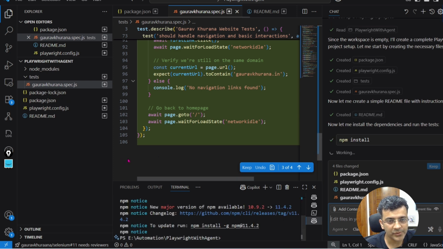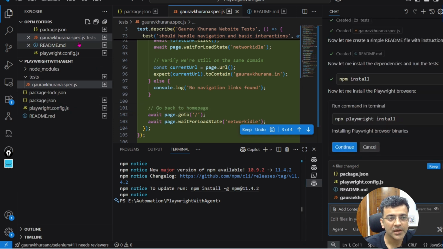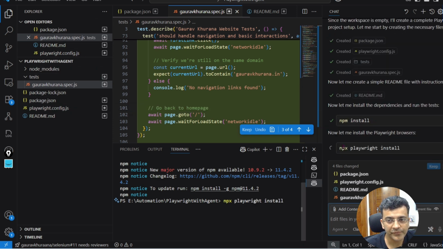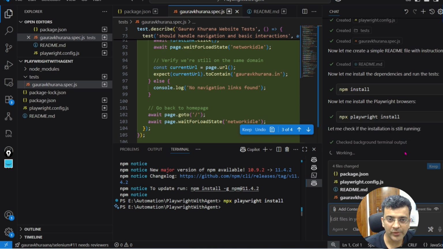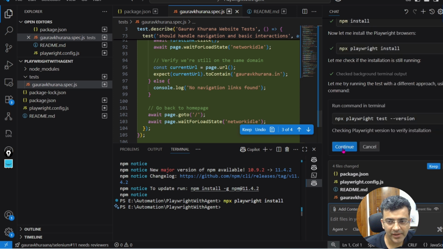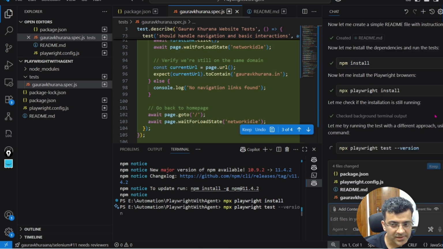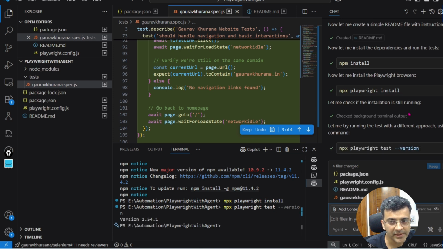So it has run the npm install command. Whatever packages we have mentioned will get installed. Right now it is also installing Playwright as well. Let's say I don't have any idea about Playwright. Actually, compared to TypeScript, I know only .NET. It is telling me some commands: it has run npm install, npx playwright install, and then npx.